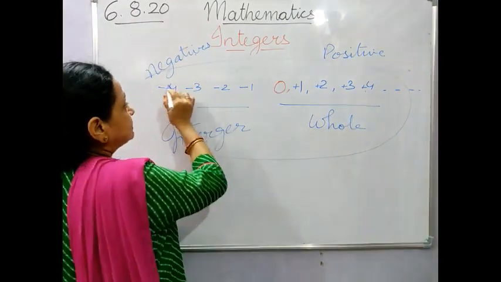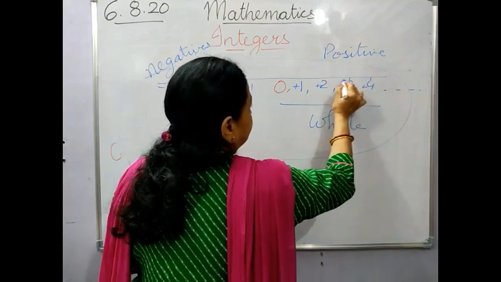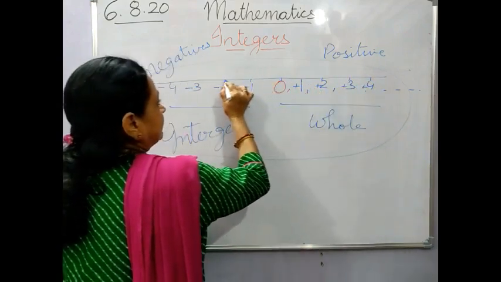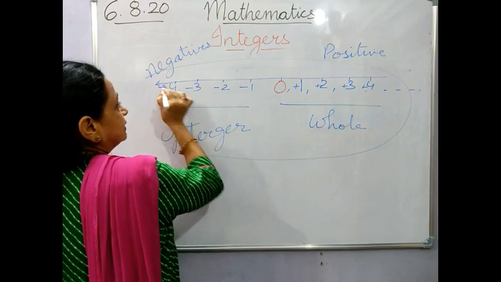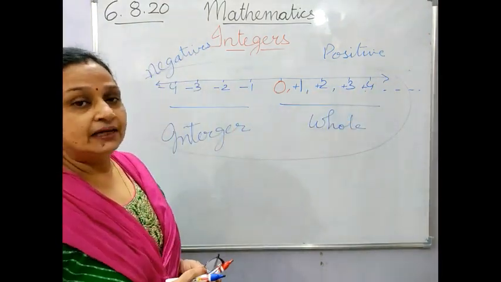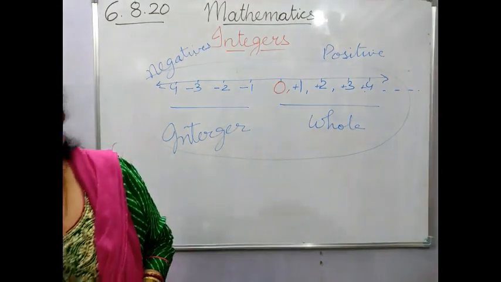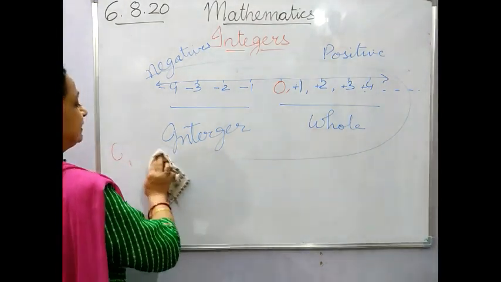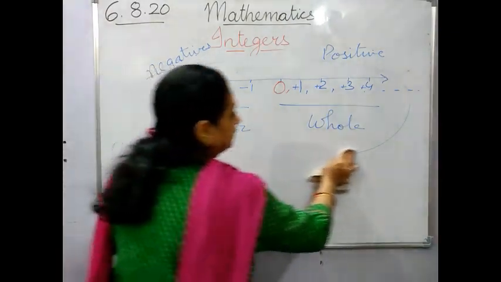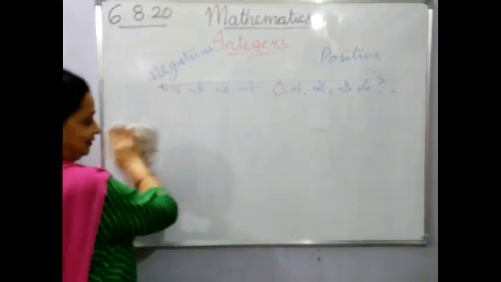Okay, and if you represent them on a line like this, it is called the number line, which can be extended endlessly on both the ends. So these are the integers, the two types of integers, the negative and the positive integers. I hope this is clear. I know you already know that.